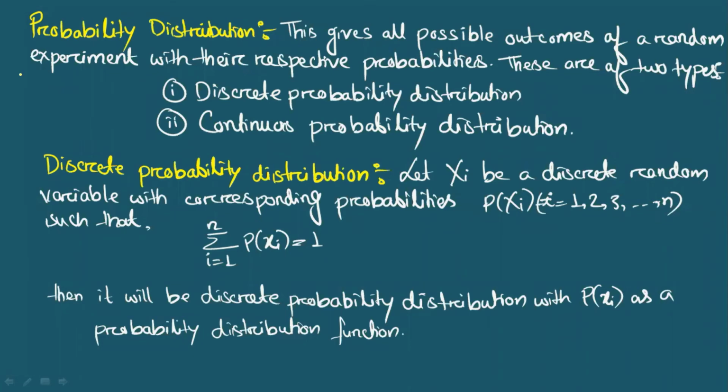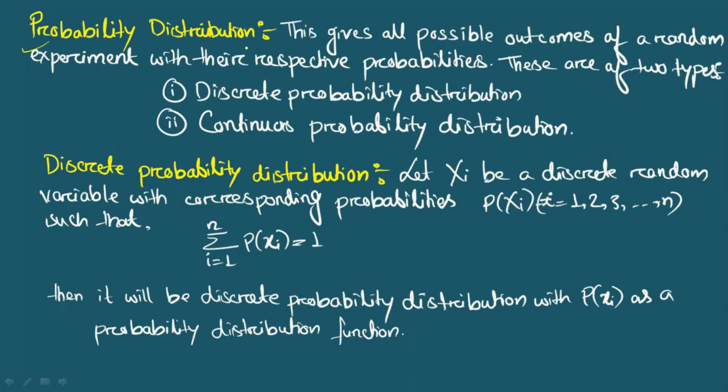So in this video, we will discuss probability distribution, its types, and we will solve a few problems. Clear? In the last video, we have seen what is Bayes theorem. We have seen a few problems related to the Bayes theorem. We have seen what is random variable and its types. So here we will start with the probability distribution.